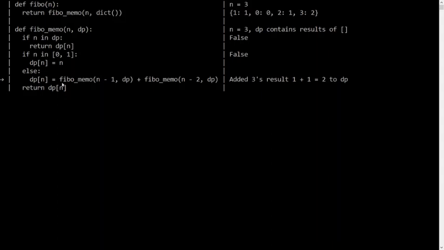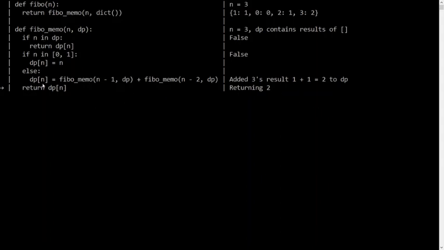So for n equal to 3, these values have been calculated as 1 and 1. These both values will be added to 2 and it will be stored in the DP data structure again. As you can see that for input 3, the output will be 2, and now this will be returned to its callee.